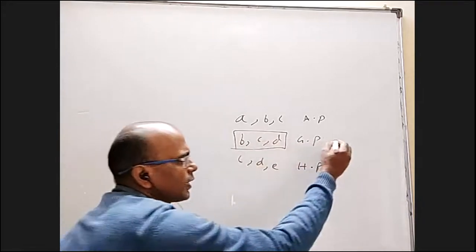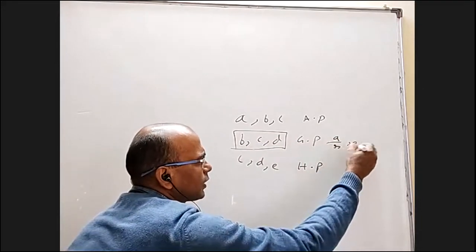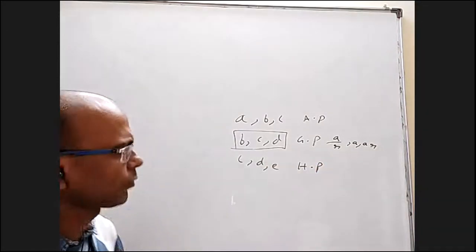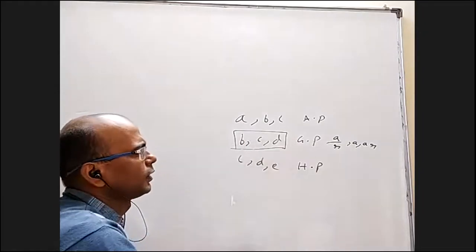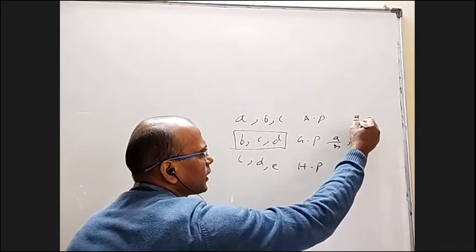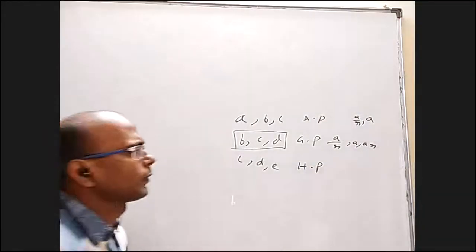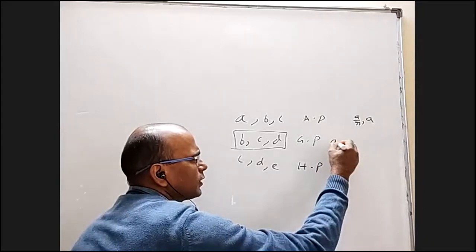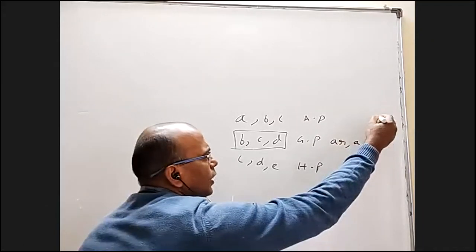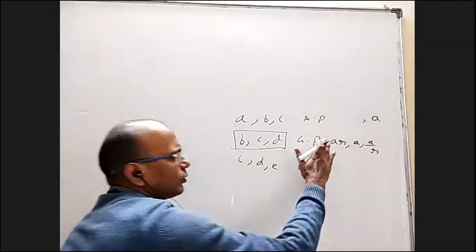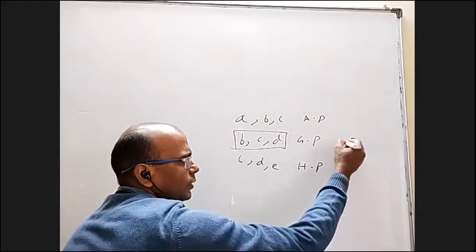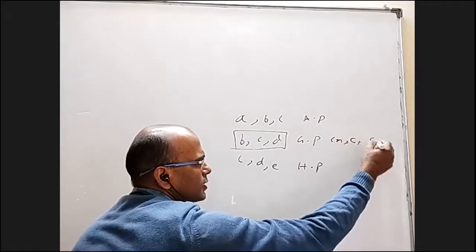I'm going to take this GP as A by R, A, AR. I can also take A, AR, AR square. Anything is fine. That means B is this, C is this. So now coming back to this is A and this is A by R. Or let me just take A, R, A by R. Anything is okay. Let us take even C itself, to avoid confusion with A. I'm going to take this as C, this as CR, this as C by R.